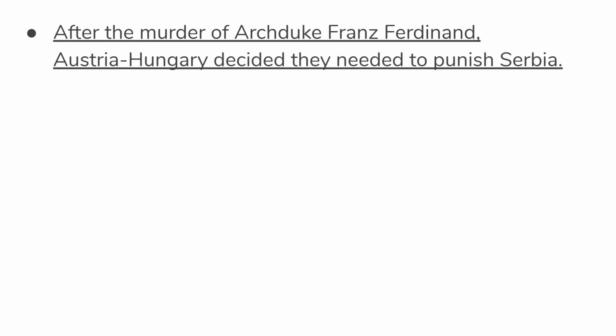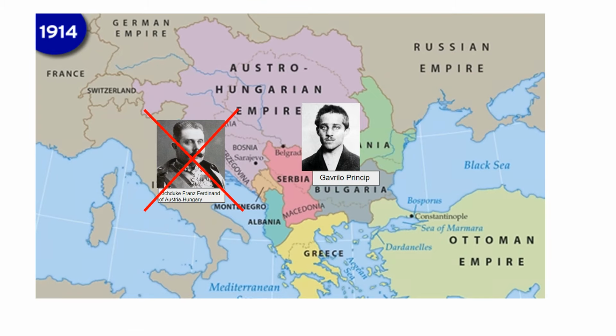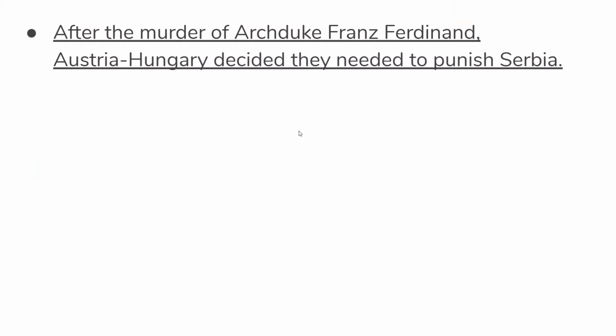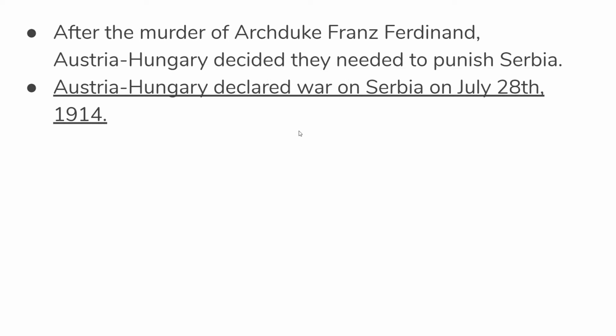So, rightfully so, the Austro-Hungarians blame the Serbians for this assassination. Now, the Serbians didn't actually pay Gavrilo Princip or anything to do this act. He was working on his own, but he was from Serbia. The Austro-Hungarians are not happy with that country, and so they decide, okay, Serbia, you are going to pay for this, and we are going to punish you by declaring war on you. So on July 28th, the first declaration of war is made.